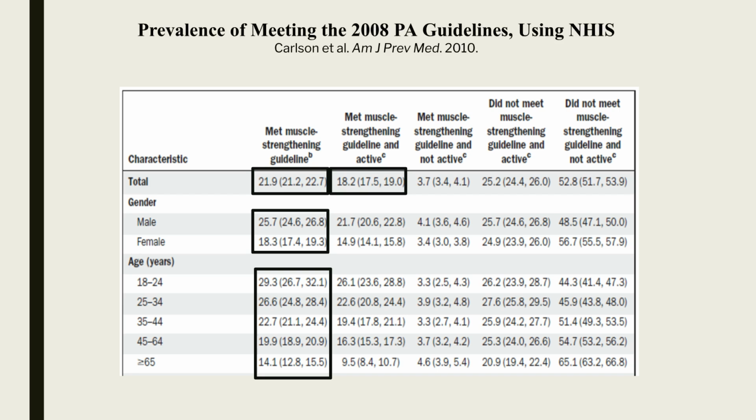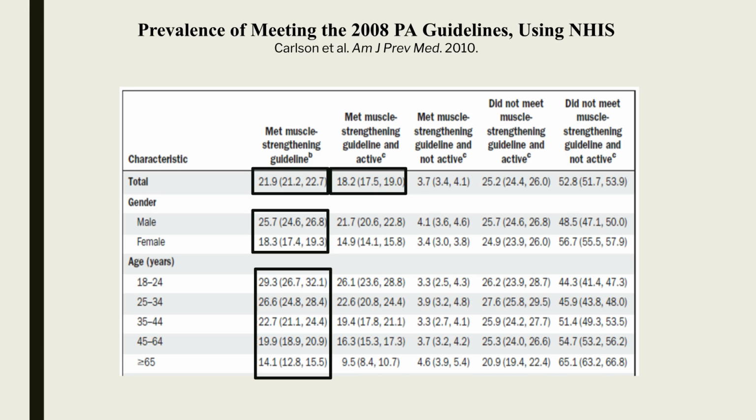This slide shows the prevalence of meeting muscle strengthening guidelines. Only about 22% of the total population met the muscle strengthening guideline. We can also see that this percentage decreases with age. Why might that be? Possible reasons include physical limitations, increased risk of injury, lower motivation, or less access to facilities